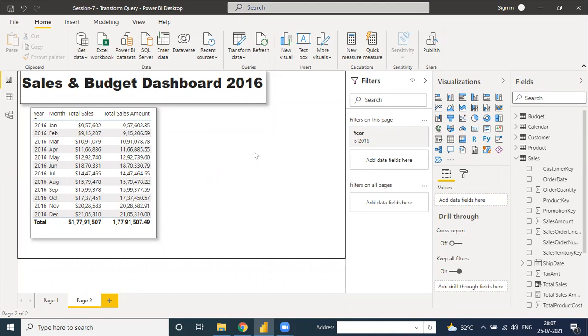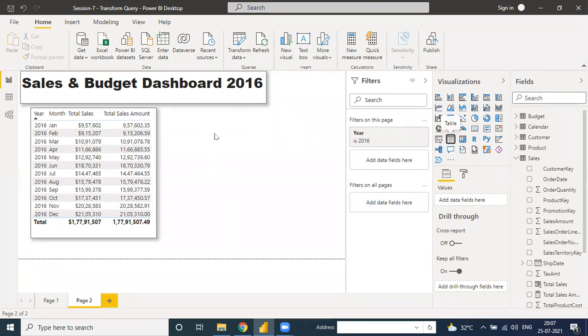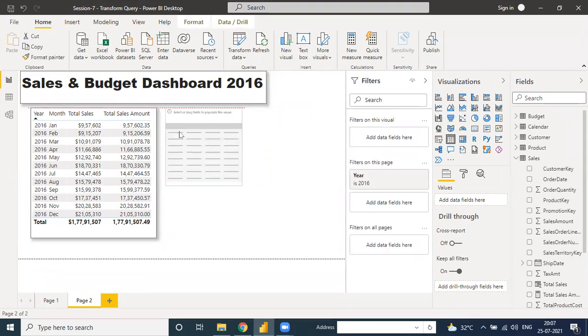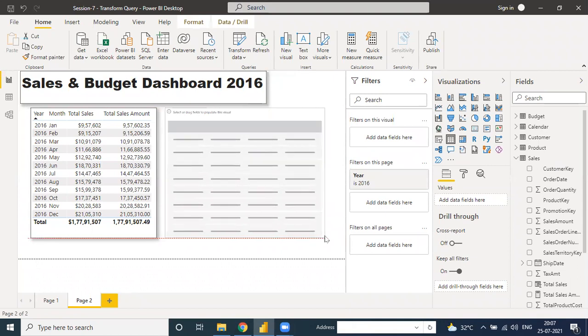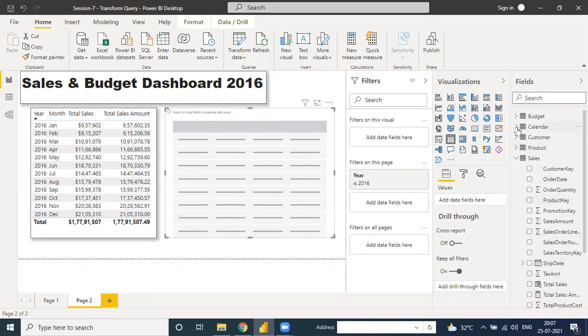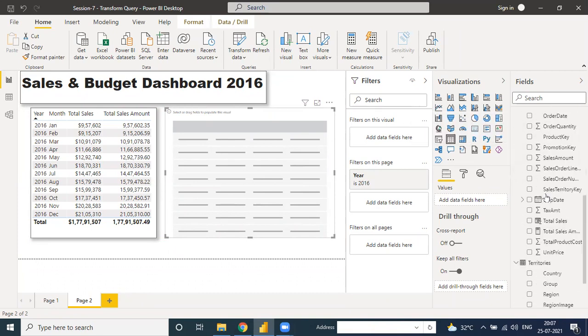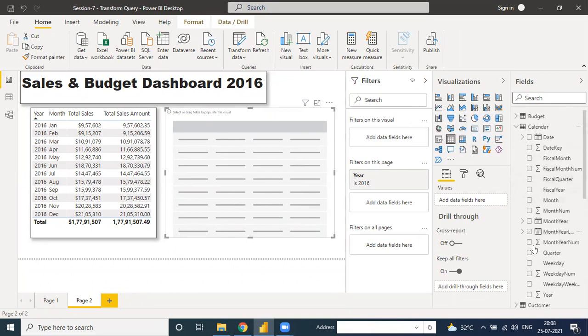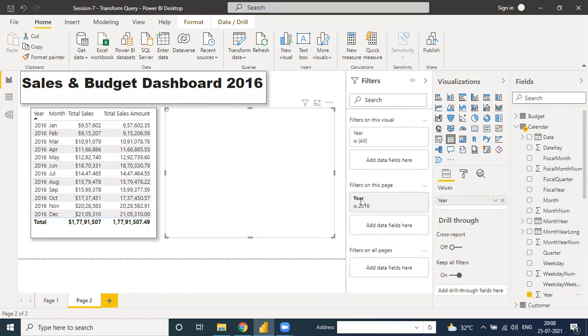Not really, just a simple thing. Don't be confused. When I click one table here and put a field from the calendar table, and the year is 2016, directly, because there is some formatting also.